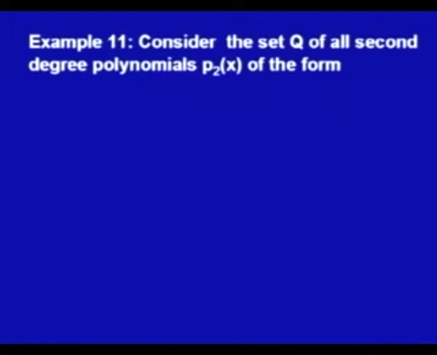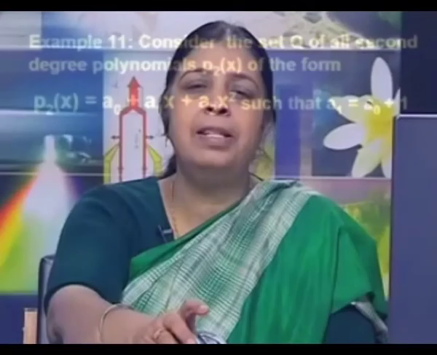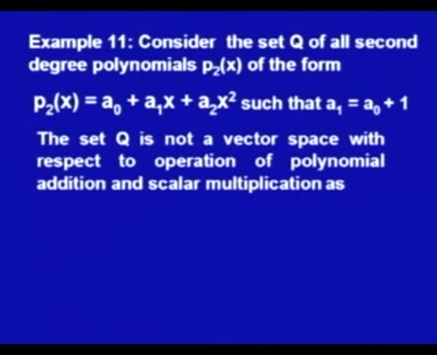In the next example, we consider the set Q of all second degree polynomials of the form p_2(x) = a_0 + a_1 x + a_2 x², such that the coefficients are related by the relation a_1 = a_0 + 1. So, it is not all polynomials, but only those polynomials which satisfy this relation. Then this set Q is not a vector space with respect to the operations of polynomial addition and scalar multiplication